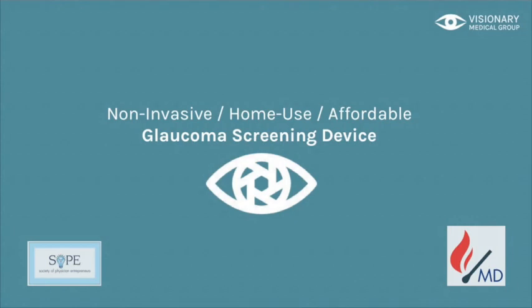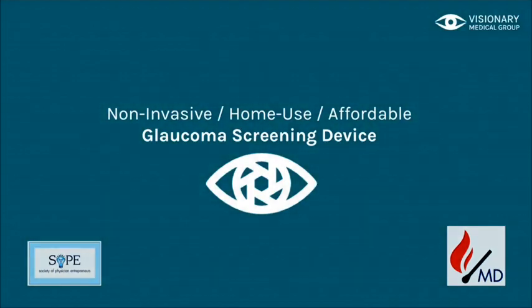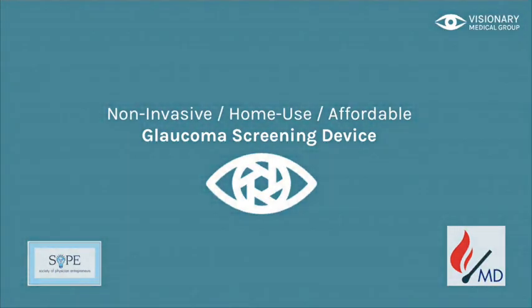Honored to be here. My name is Thomas, and I'm with Visionary Medical Group, developing the first non-invasive, home use, and truly affordable tonometer. Just by a show of hands, how many of you are familiar with glaucoma? A little bit. Okay, good amount. Awesome. For those of you that aren't, glaucoma is the leading cause of irreversible blindness, which constitutes over 100 million